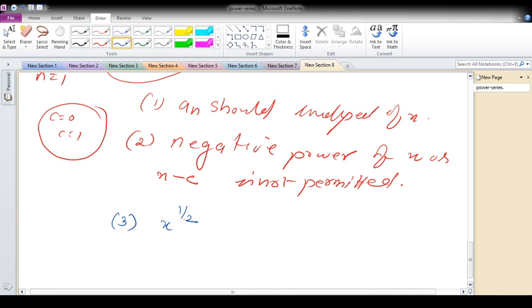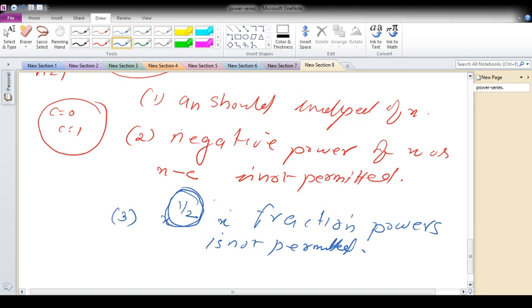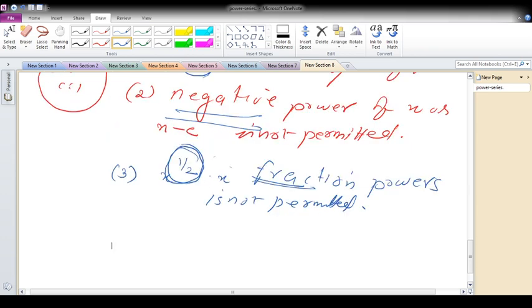Fraction powers are not permitted. So a_n should be independent of x. Negative powers are not permitted and fraction powers are not permitted. These three remarks